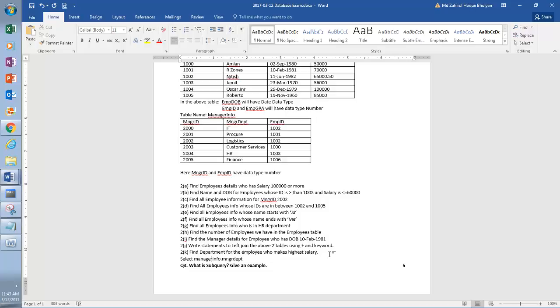You can also start from the other field as well. So employee info dot emp name, comma manager info dot manager department from